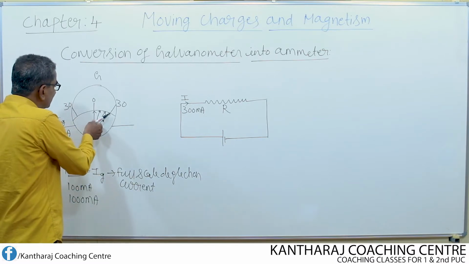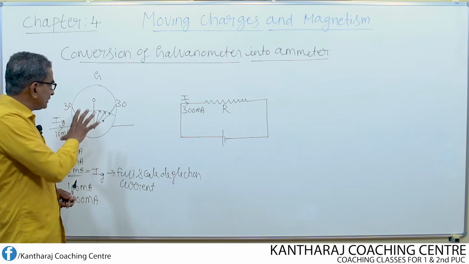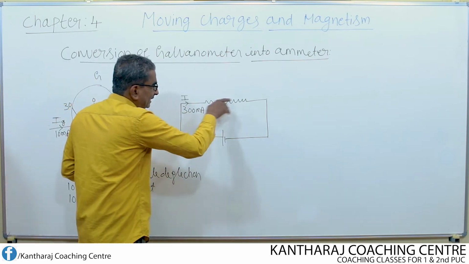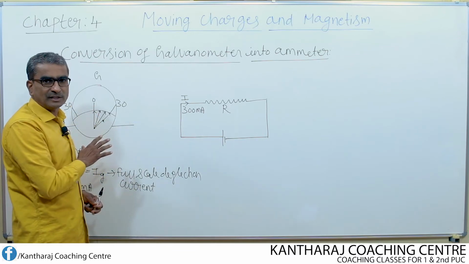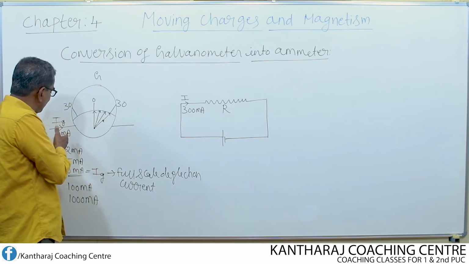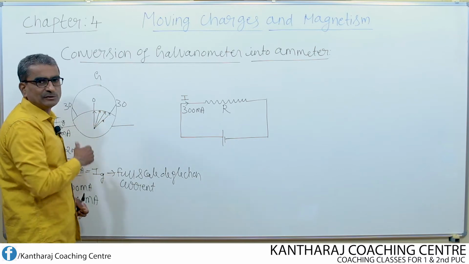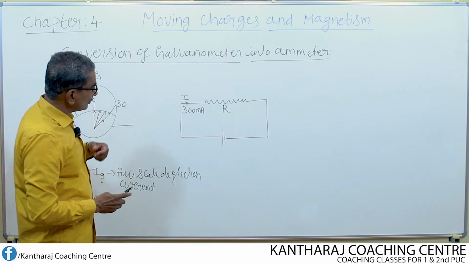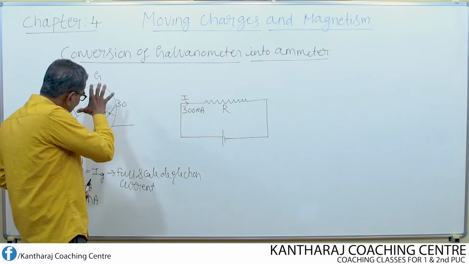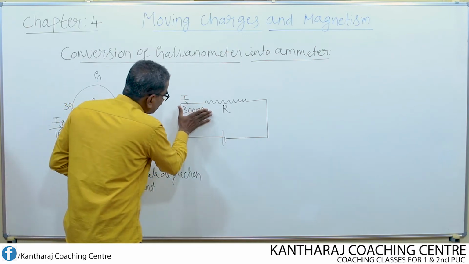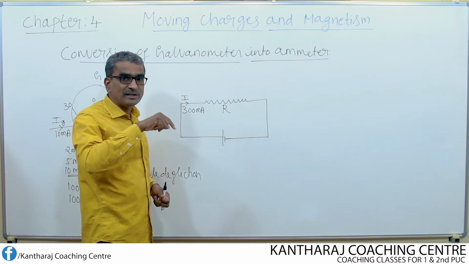Then what is the use of this galvanometer? It is of no use. Suppose if it is able to measure any current that is flowing in a circuit, then definitely we would assert that it is highly useful. Since its maximum measurement range itself is 10 milliamps, there is no point in using such a galvanometer. So what we do is make this galvanometer measure even this current or a current even larger than this. How is it done?